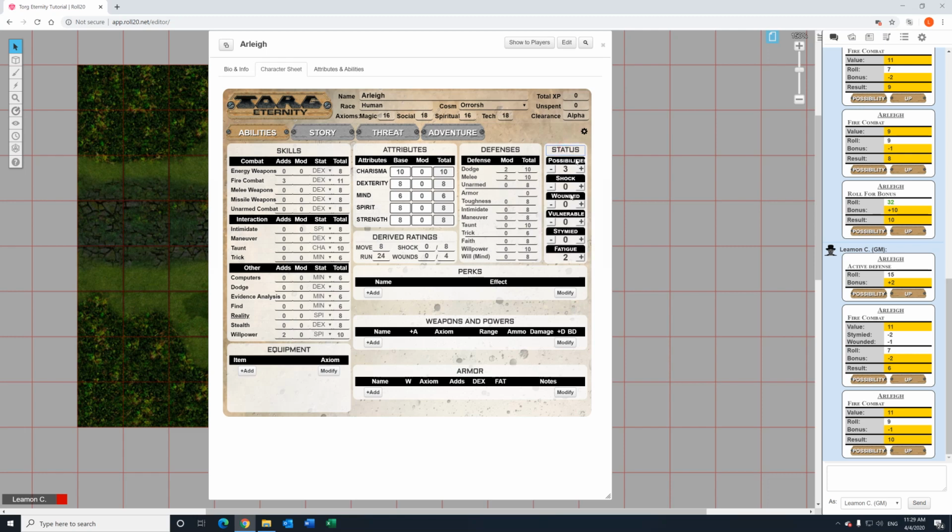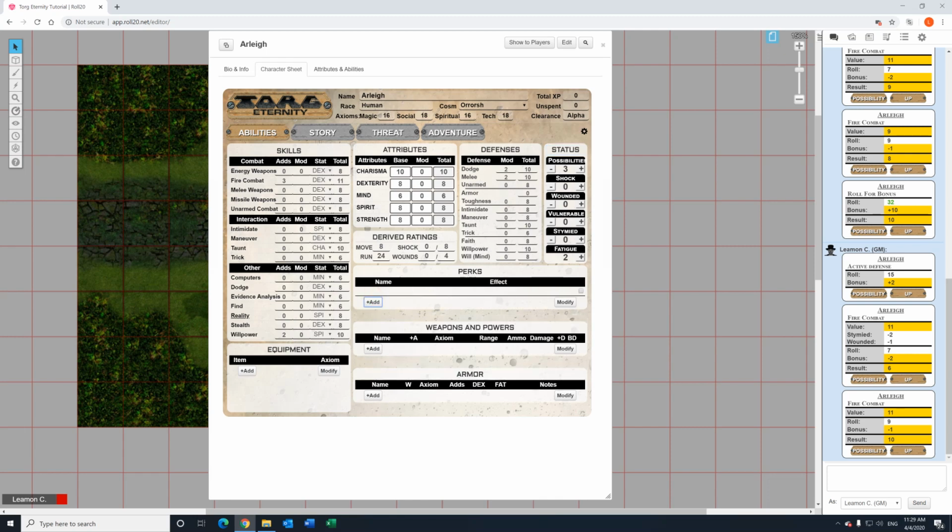and use them. So the next place we have is perks, and we can add a perk. We said we wanted to do a monster hunter, so bulletsmith would probably be a good perk to take. So add a perk, click under where it says name, type in bulletsmith, and now I have the bulletsmith perk. And if you wanted to write a quick thing of the effect, you could write here like special ammo,